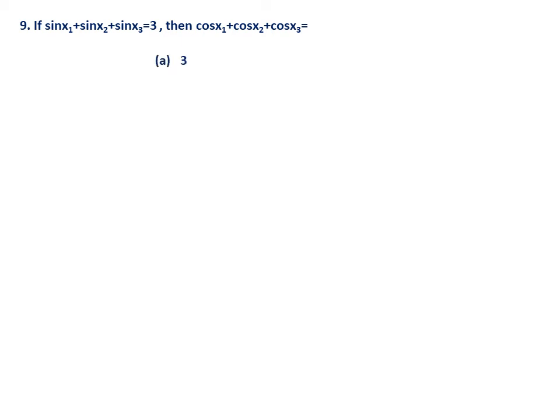Of course, there is no calculation here. If you know the reason why this 3 is given, it is very simple. Now let me explain. See, what is the maximum value of sin x? For any value of x, it is 1. Now look at the given condition. Sin x1 plus sin x2 plus sin x3 equal to 3 means every one should be equal to 1, because if you take say sin x1 less than 1, the other two you have to take more than 1, which is not possible because the maximum itself is 1. Therefore, every one we have to take as 1 only.